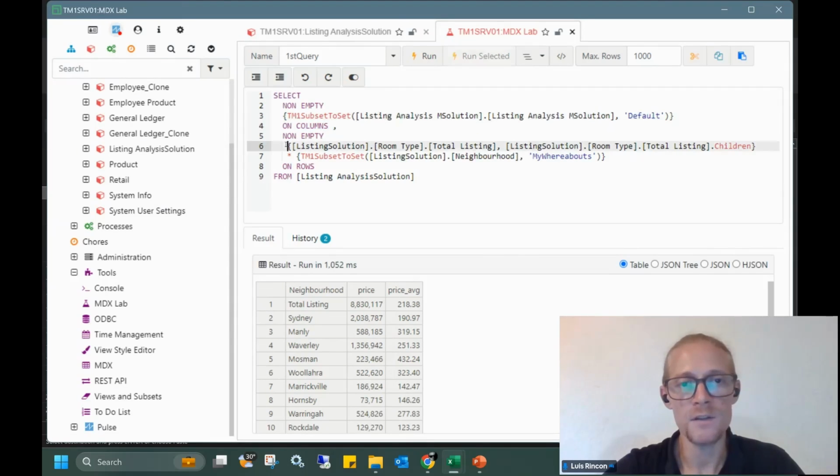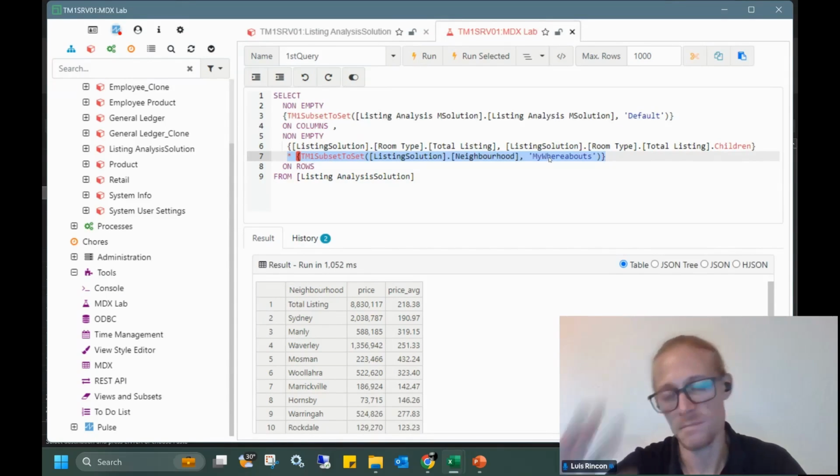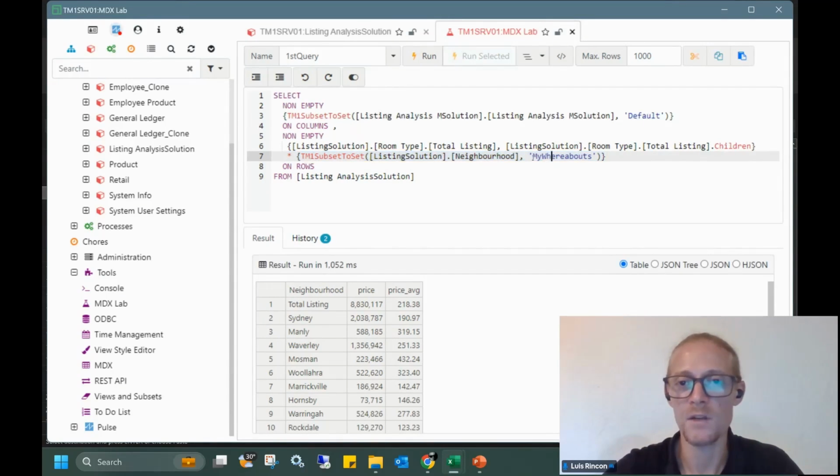Then on the rows, I'm going to stack first my listing hierarchy, the room type, broken down by its children. Then I'm going to stack a second hierarchy, the neighborhood hierarchy, but instead of using the children function, I'm going to use a simple TM1 subset where I handpicked a couple of suburbs, which I call my whereabouts. If I run that query,